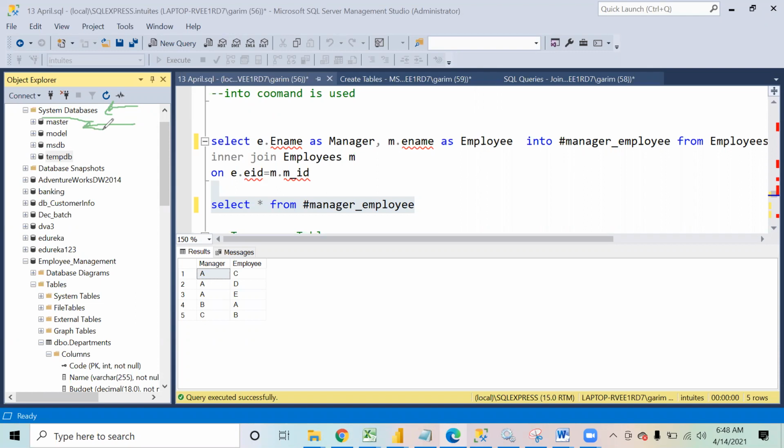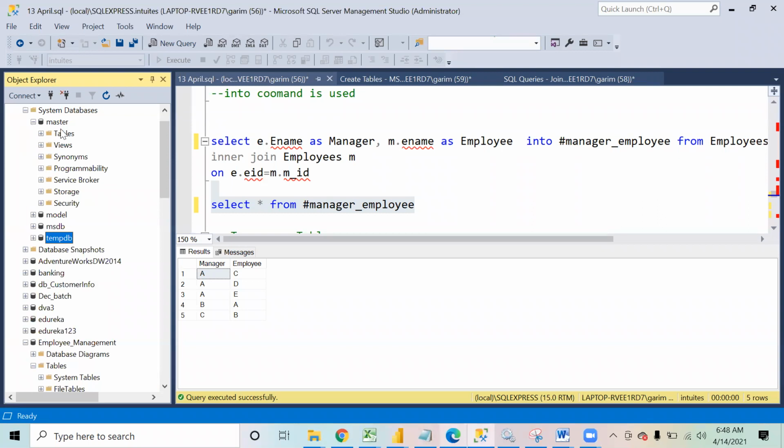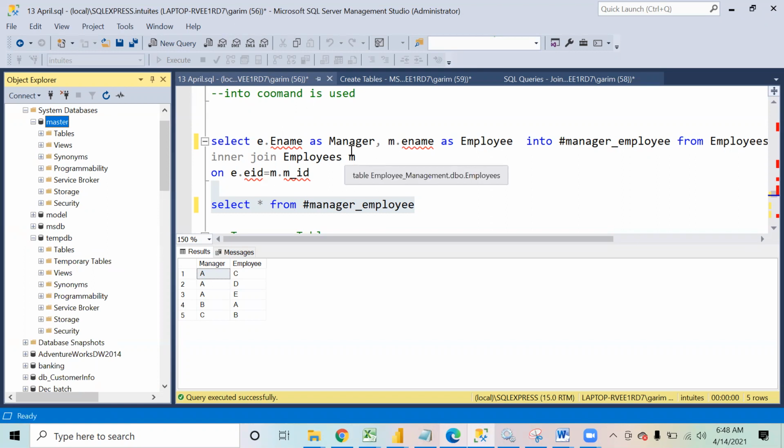That is why we see the option of tables over here. If I expand any one of these system databases, like master, you will not see temporary tables in it, because this database is not used for storing temporary data. Temporary data is stored only in tempdb. That is how the functionality of this system is created: if you create any temporary table, by default it gets created over here. That is why we call it a system database, because it manages and helps you work with the complete SQL Server database system.